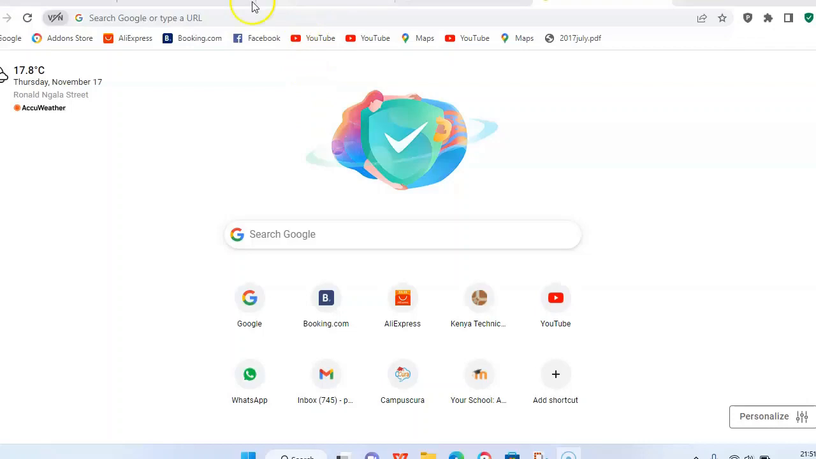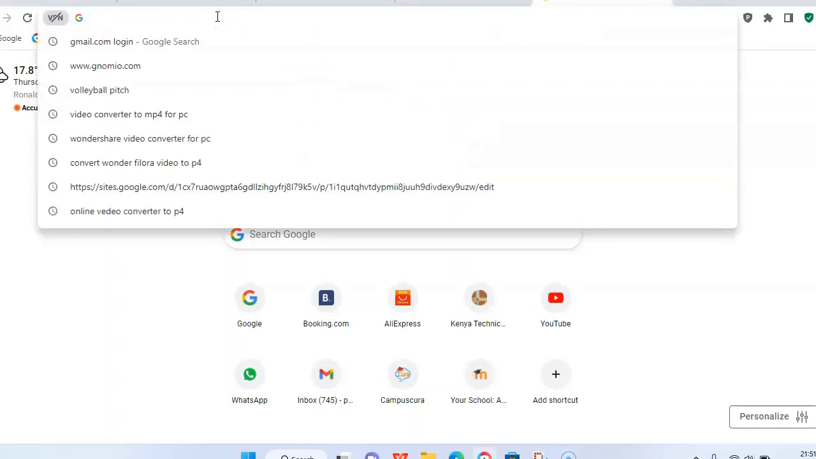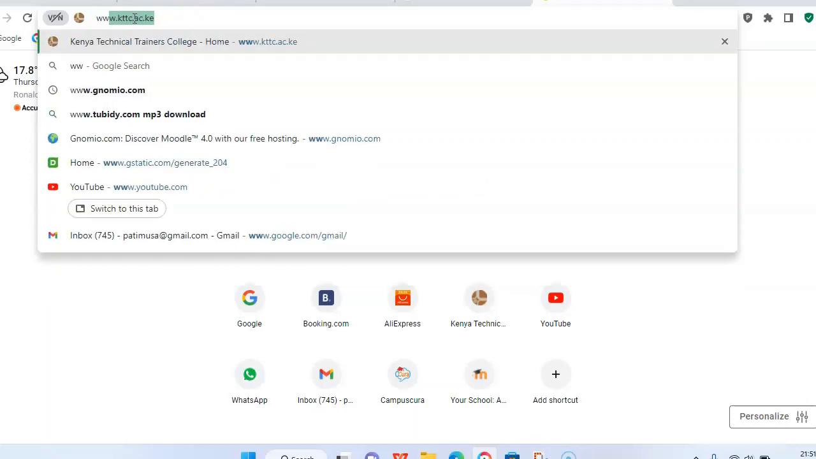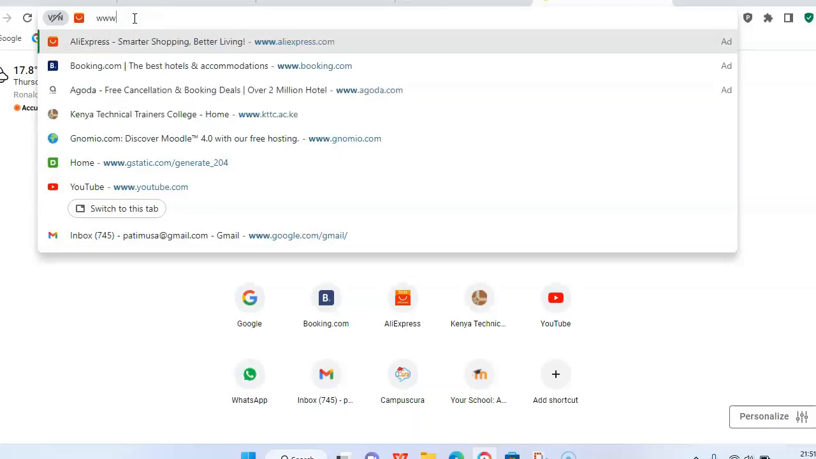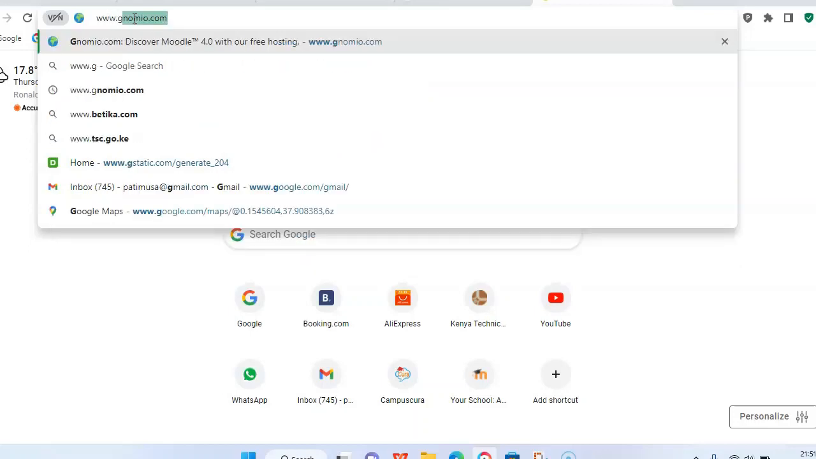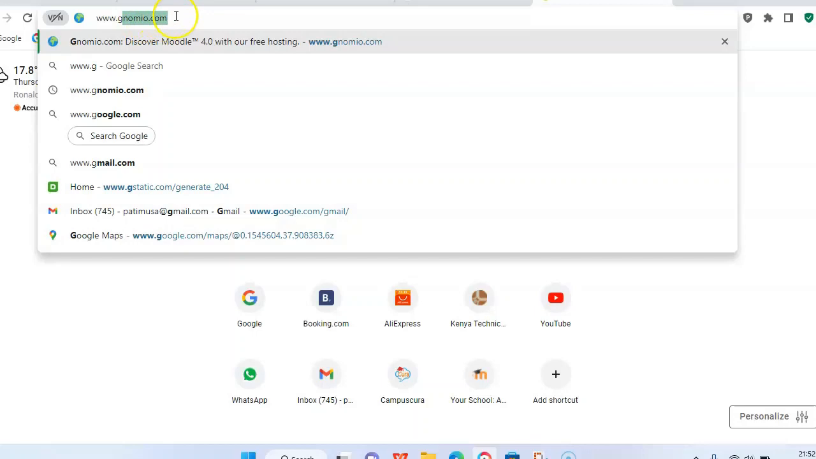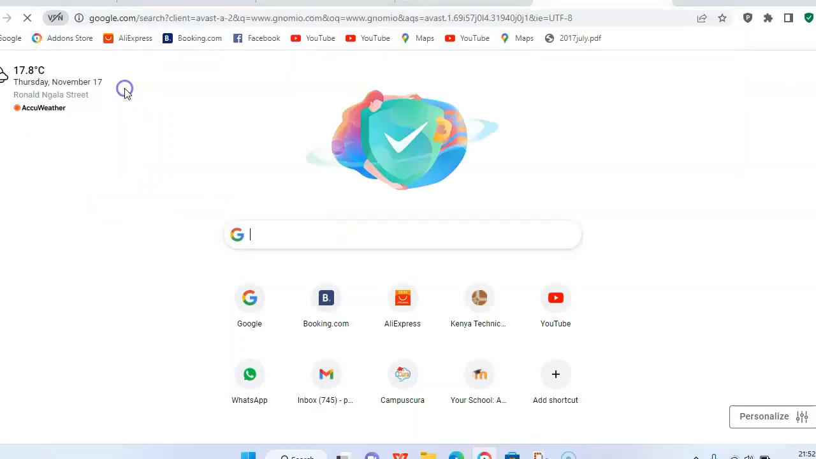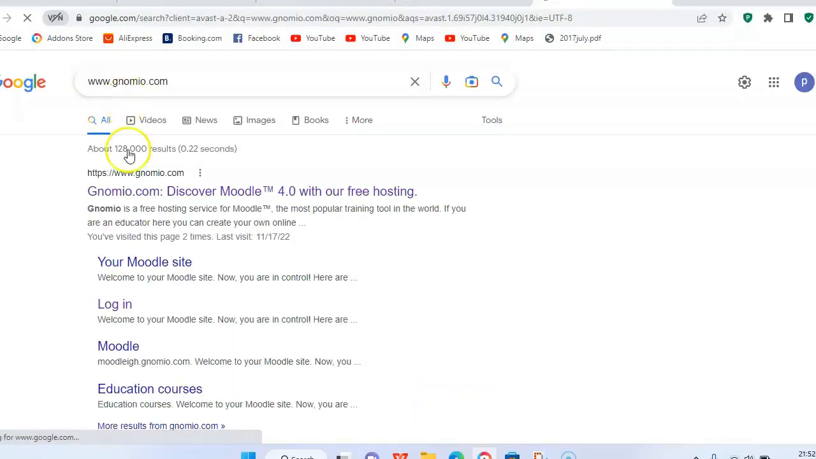We are going to learn how to create a Moodle class on Genomio. So you type www.genomio on your web page. Then you